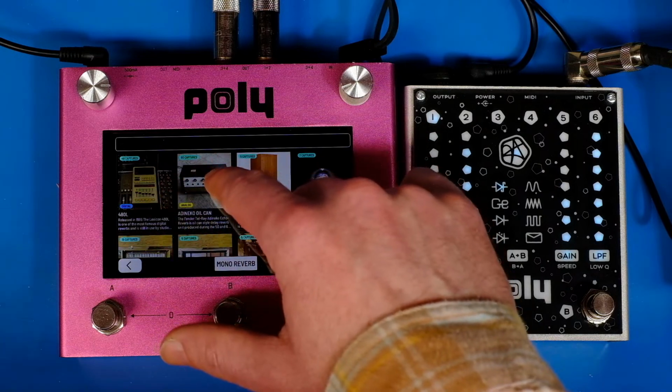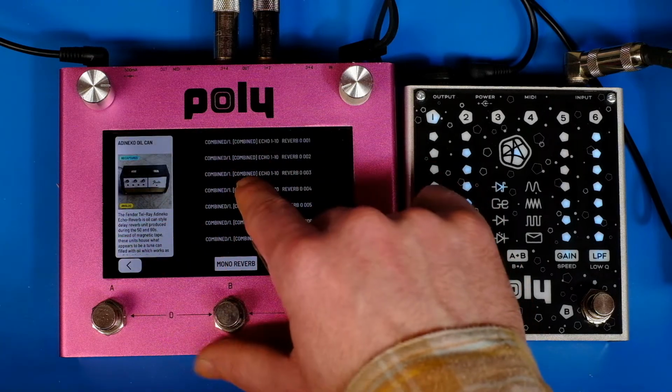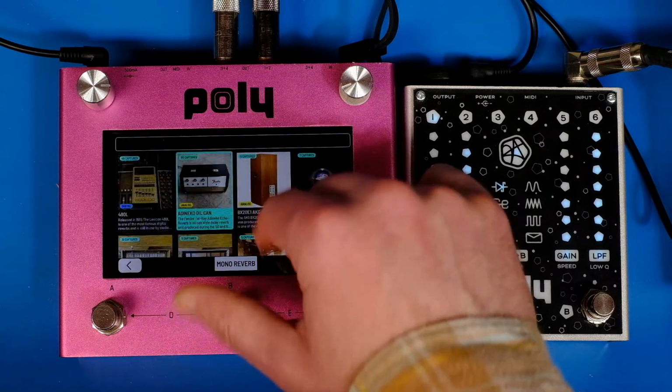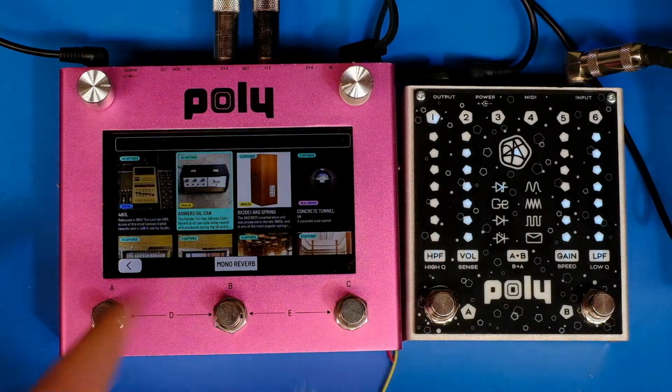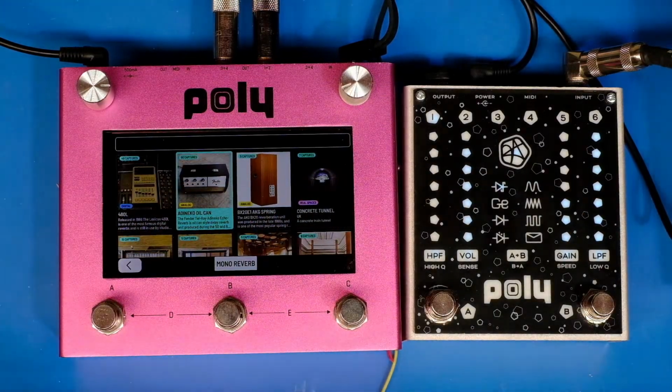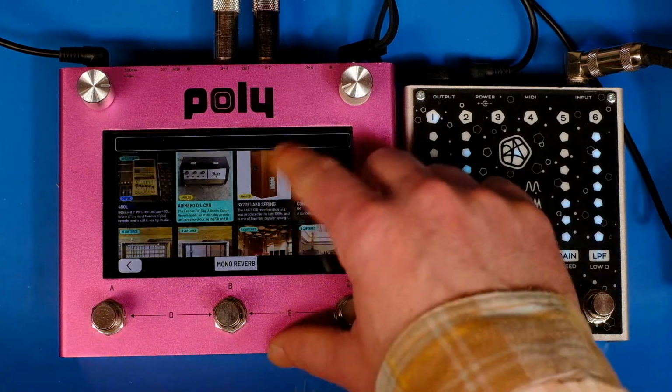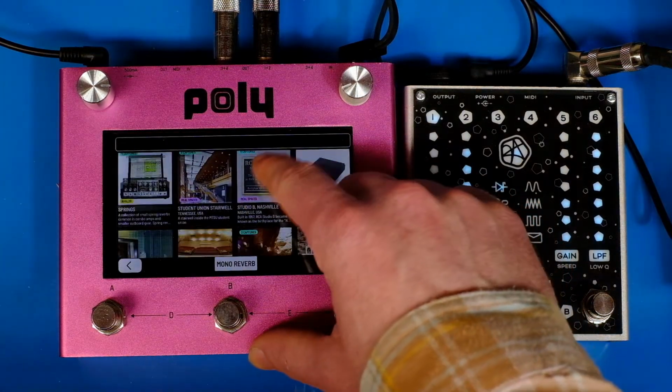And you can browse and change reverbs like that now. Oh, and that's the highlighted one. That's the current reverb set. So yeah, that's now how you can browse through reverbs, and in a much more